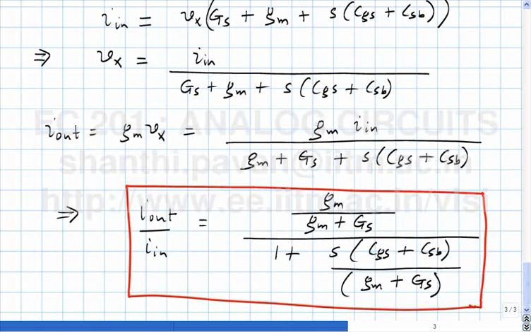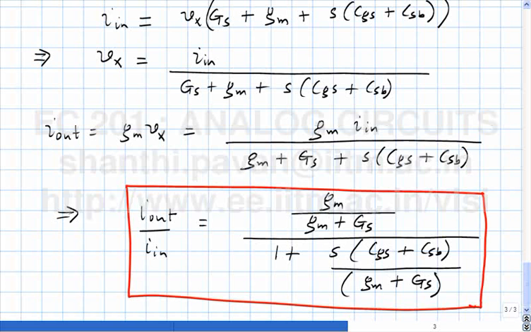We saw earlier that if the Gm of the transistor is infinite, this behaves like an ideal current controlled current source with a gain of 1, and that's definitely true. As Gm tends to infinity, we see that at DC the gain becomes 1. In practice we know that the Gm is not really infinite, and then we said we have to use a large Gm. And what does large Gm mean? GmRs is much larger than 1, which is equivalent to saying Gm is much larger than Gs.